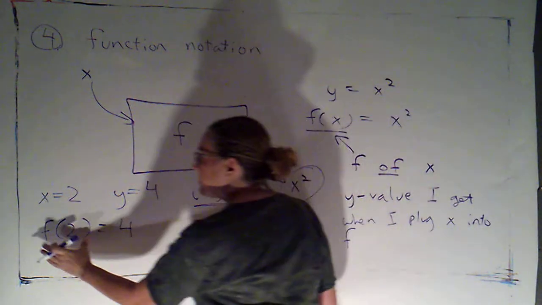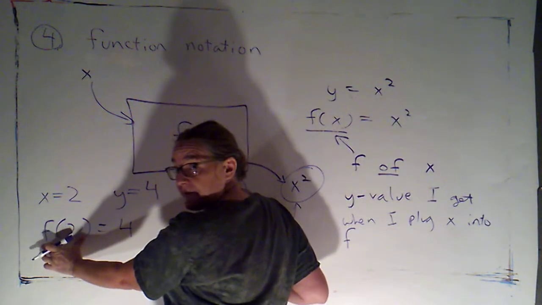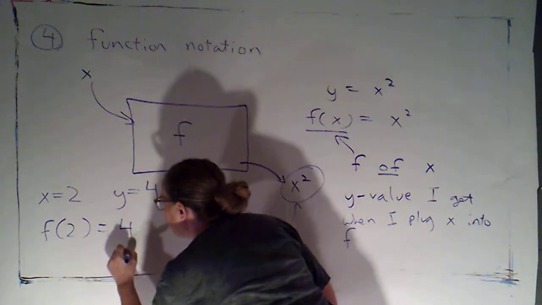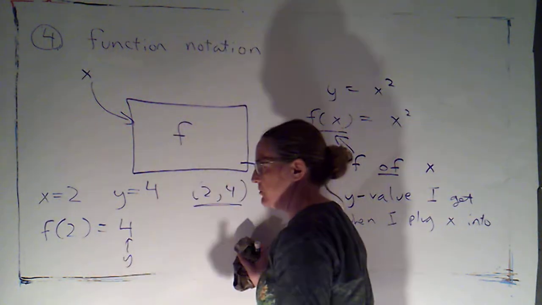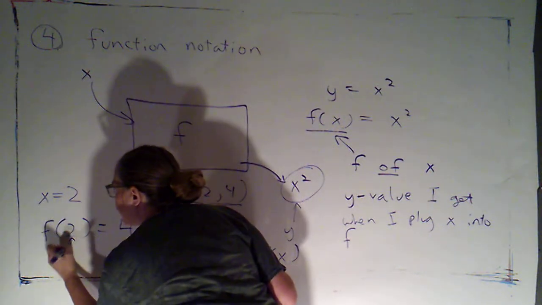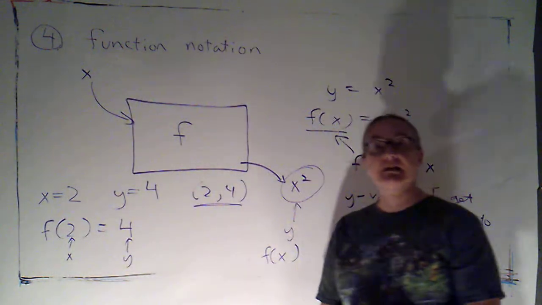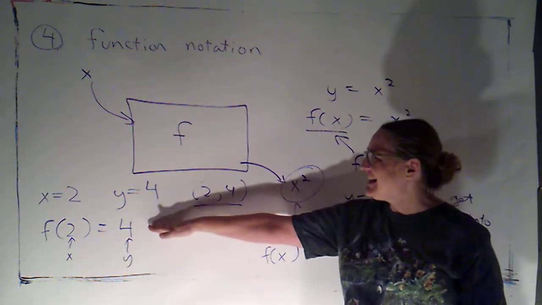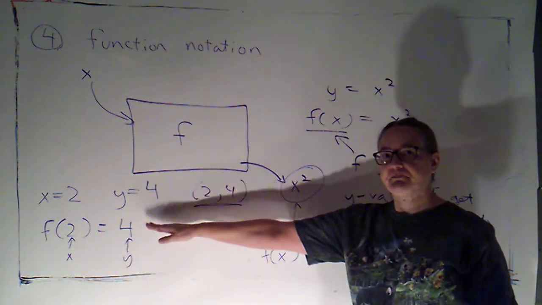This is saying the y value I get when I plug in 2 is 4. So there's my y value, and what's inside the parentheses here is my x value. So I can give you both coordinates for a point in just one equation. All right,